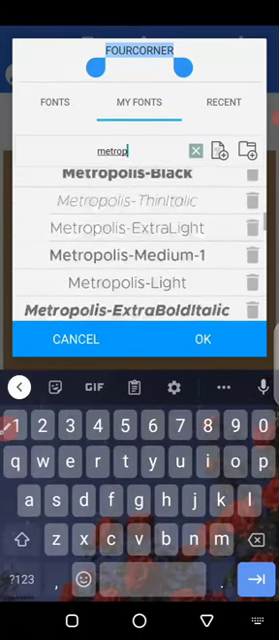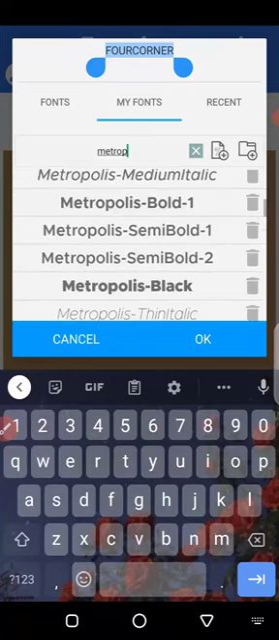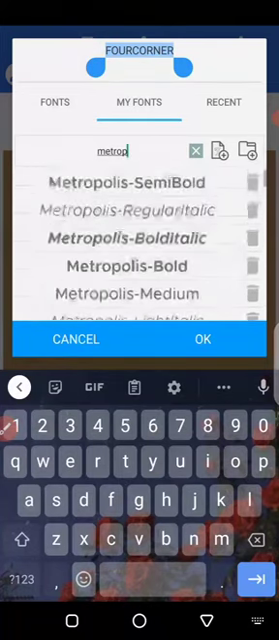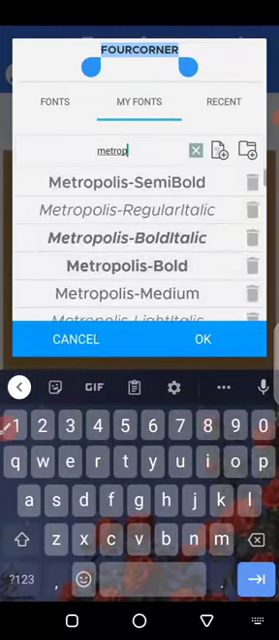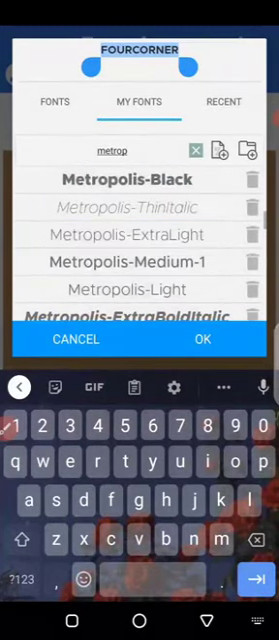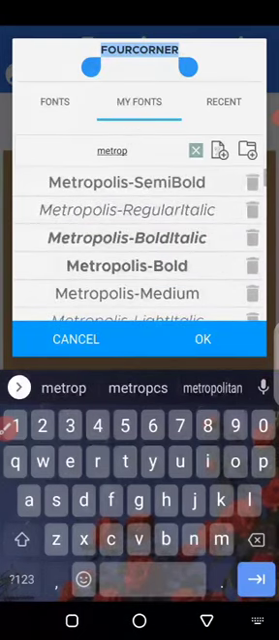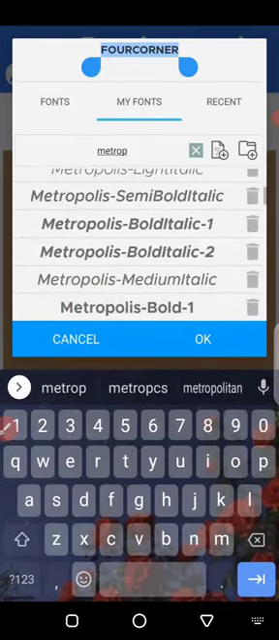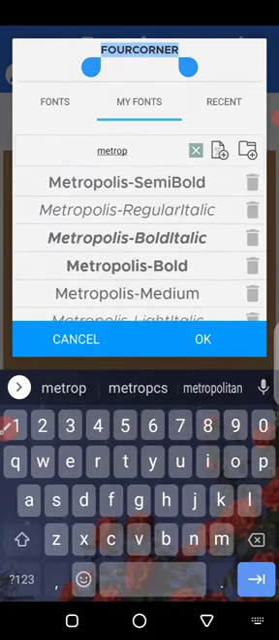Okay, the reason why it's showing Metropolis Medium 1, Metropolis Semi-Bold 1 is because I downloaded it twice. I already had it downloaded, but I downloaded it again to create a tutorial of how to actually download the fonts. So we're going to be using Metropolis Bold. It's not going to bring Metropolis Bold 1. It's just going to bring Metropolis Bold for you. So click on OK,